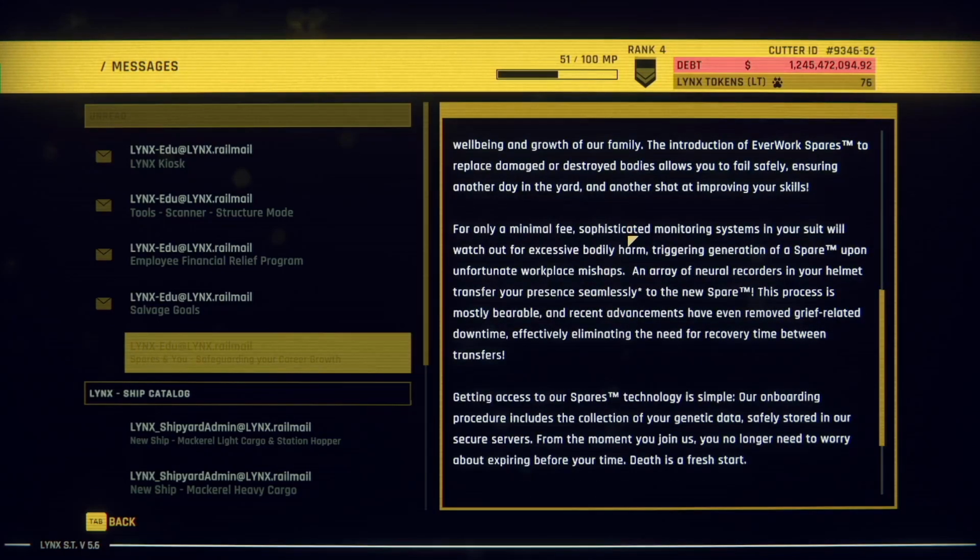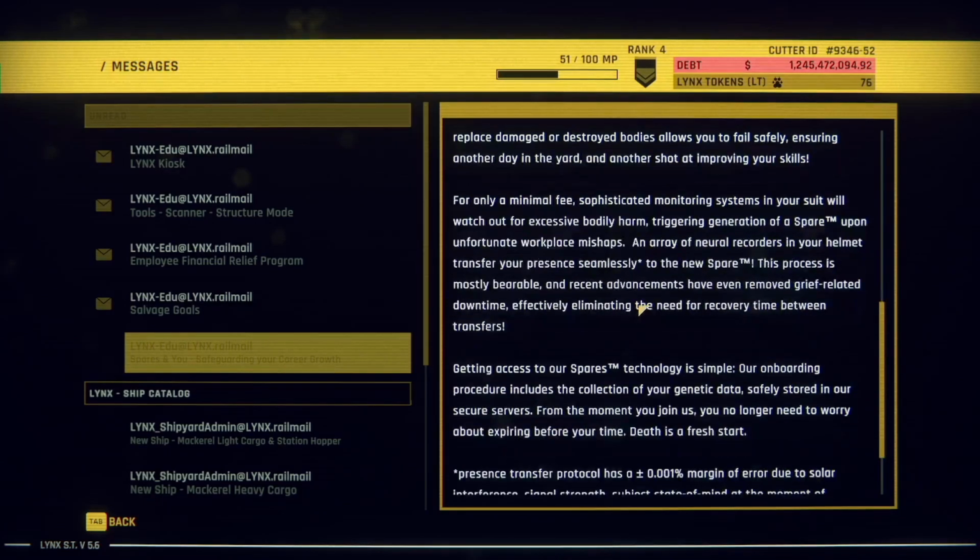For only a minimal fee, I think it's 150,000, I'm not entirely sure, sophisticated monitoring systems in your suit will watch out for excessive bodily harm, triggering generation of a spare TM upon unfortunate workplace mishaps. An array of neural recorders in your helmet transfer your presence seamlessly to the new spare. This process is mostly bearable, and recent advancements have even removed grief-related downtime, effectively eliminating the need for recovery time